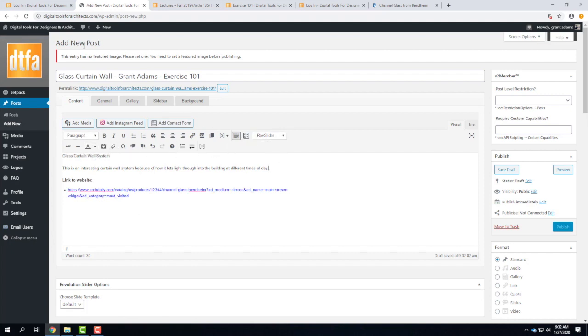Now, the other thing about this is right at the top here, it says this entry has no featured image. Okay, so you have to actually post an image associated with the post. This normally isn't a problem because you created some kind of an image with what you were doing, and we post the image as reference. I'm forcing you into having to turn something in so you don't make an empty post. So in this scenario, I need an image.